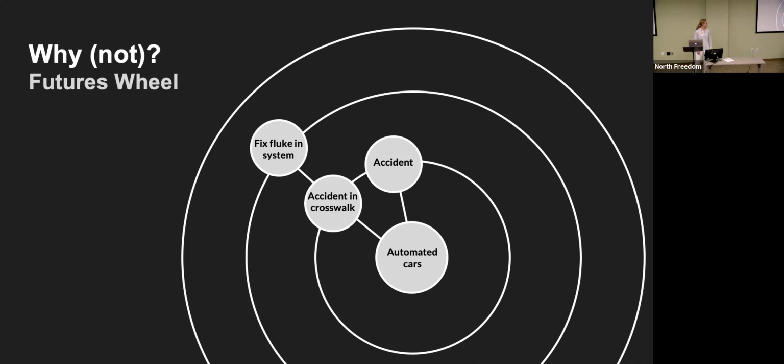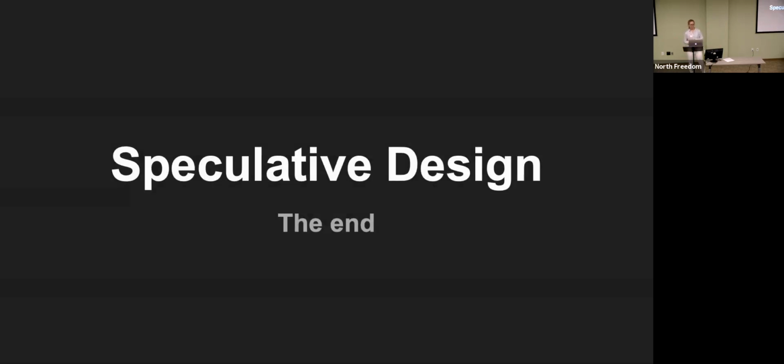We'd fix the fluke in the system. Or the accident outside of the crosswalk has an arbitrary gap around it. So I think Uber needed to take a step back and figure out ways where they could detect people outside of crosswalks after that. And I think that this is an example of a future concept that fell apart a little bit because they probably didn't not consider that people would walk outside of crosswalks, but rather didn't brainstorm a bit further about the consequences beyond that. And so overall, speculative design can help us to avoid these road bumps, or at least